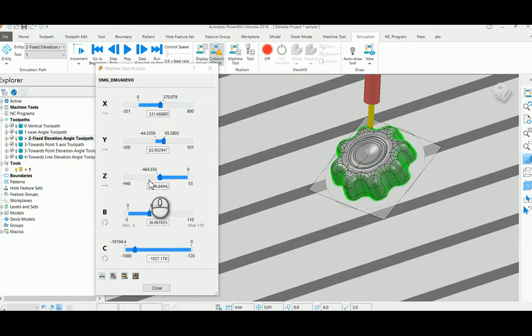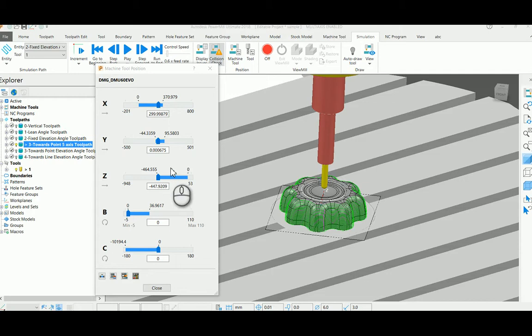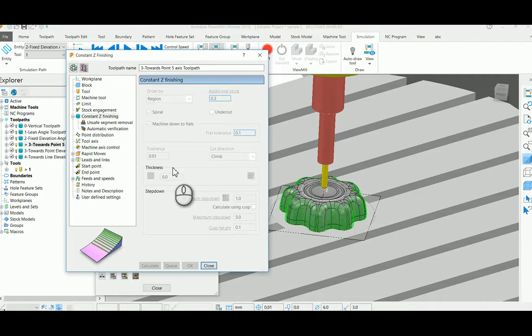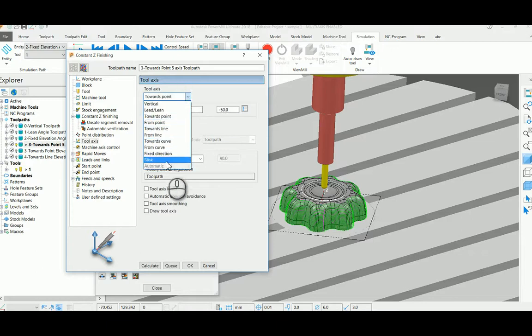Generally, this kind of to-and-fro motion of C axis cutting is not recommended because of the surface finish quality that we need. The other tool axis options that we can use to have smooth rotary motions: in tool axis I have defined the towards a point option, and since it is a punch, I have set the tool axis as towards a point. You can see different options over here, and generally we can say towards a point is the best